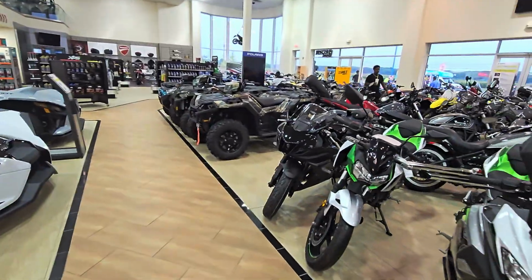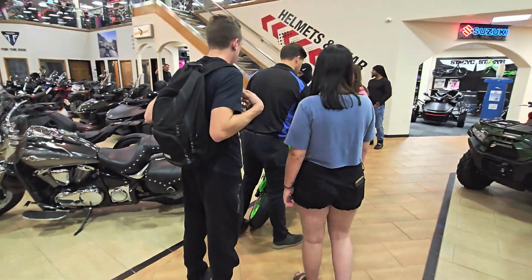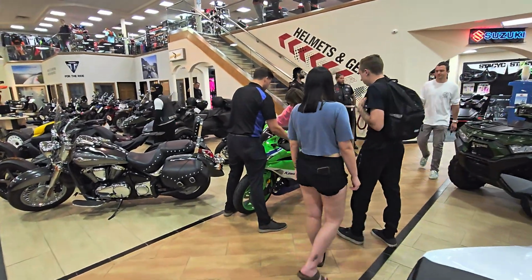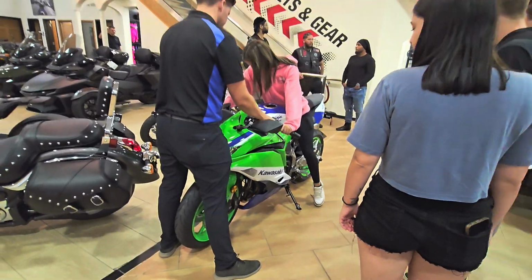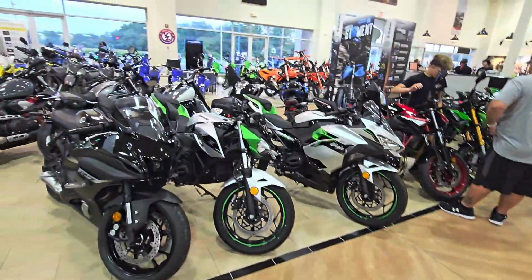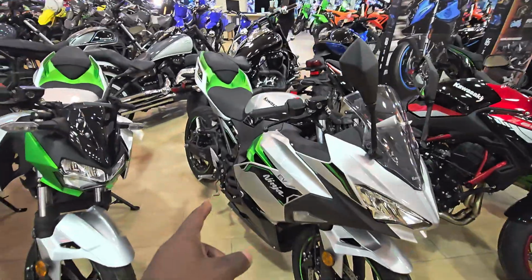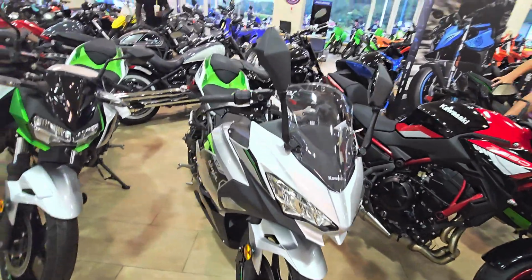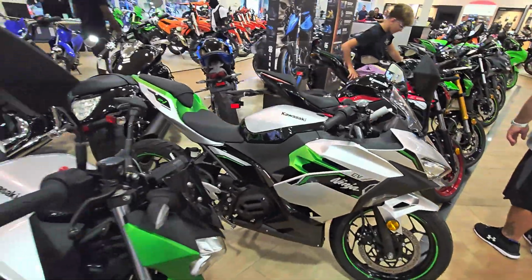Yes, looking good over here. You see that anniversary color for the 636 replacement? No, that's the ZX4. Yeah, it looks good though. Not for nothing, you know. And this is the EV bike that I saw. I don't know. I'm not feeling the front design. Hey, I'm not like a Kawasaki stan, just so you know. But